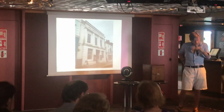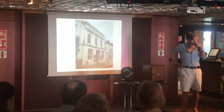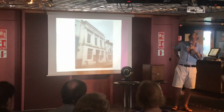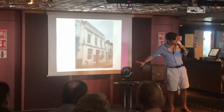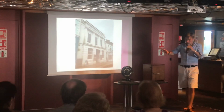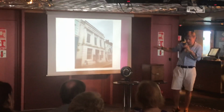In about 1880, the Admiralty returned one of its needles to the Polytechnic. And this is it. It was put in a basement and it sat there for the last 130 years, undisturbed, untouched, and that's why it works. These needles are very, very temperamental. They lose magnetism over time, but because this has been kept in its original box, with all of its equipment, stowed away in the basement down in Falmouth,